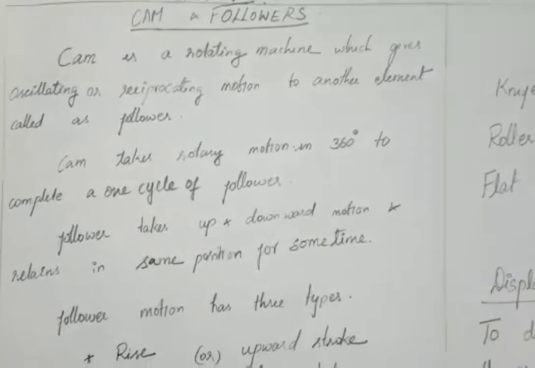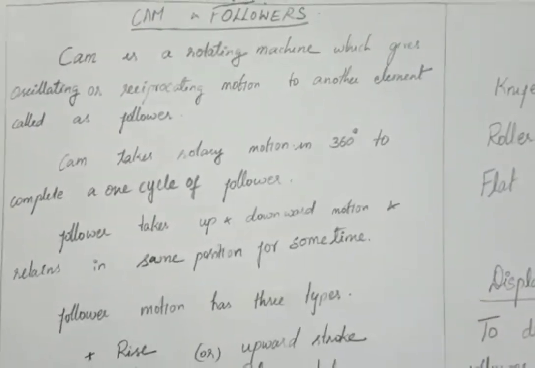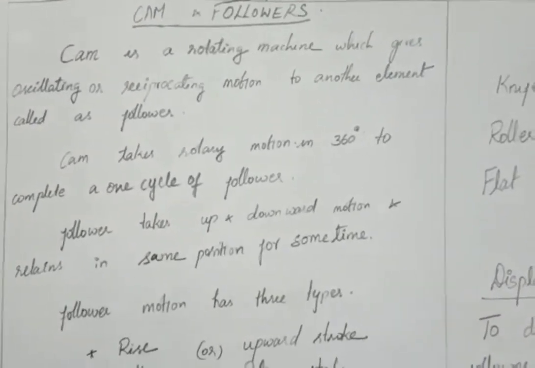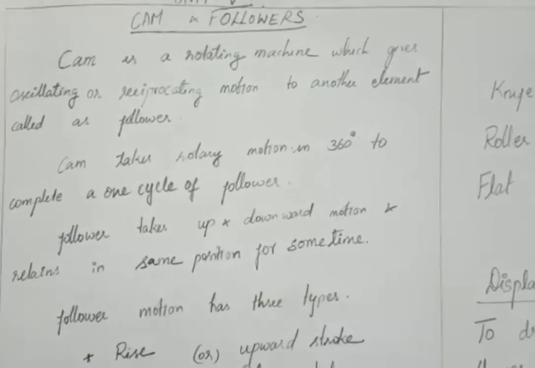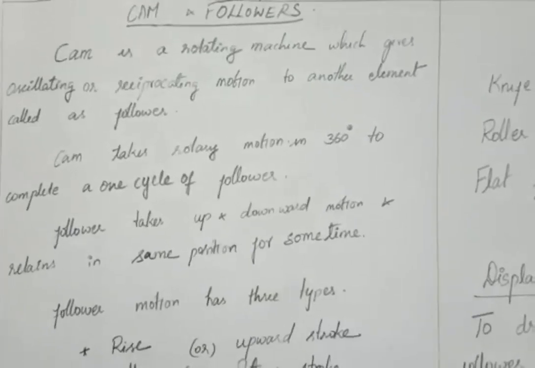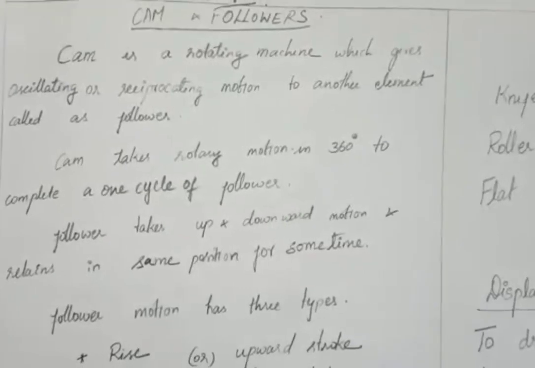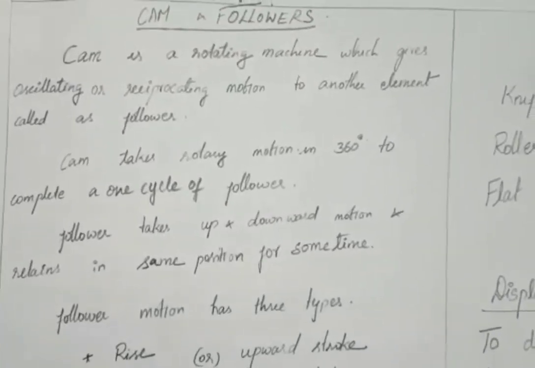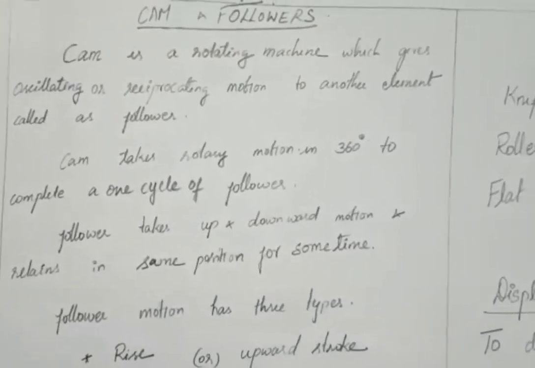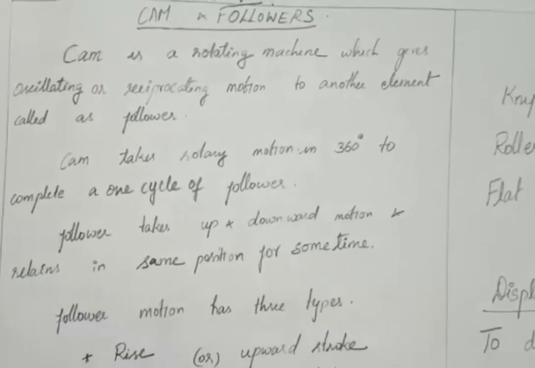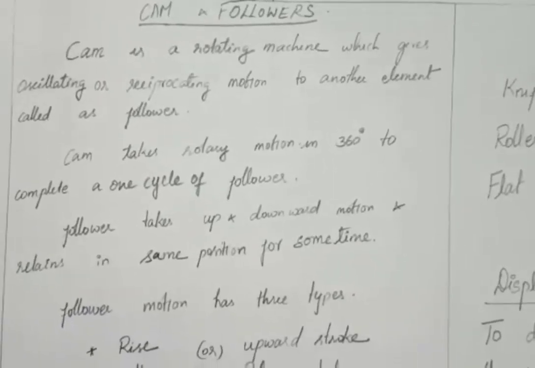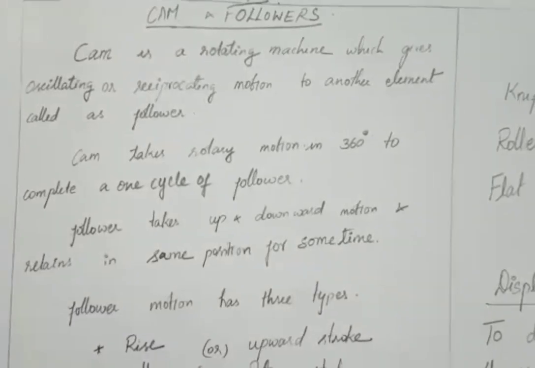And in the exhaust manifold, with the help of the exhaust valve, the exhaust gases or waste gases are removed from the cylinder with the help of this cam and follower motion. In the remaining two strokes, the engine valves are closed with the help of this cam and follower motion.